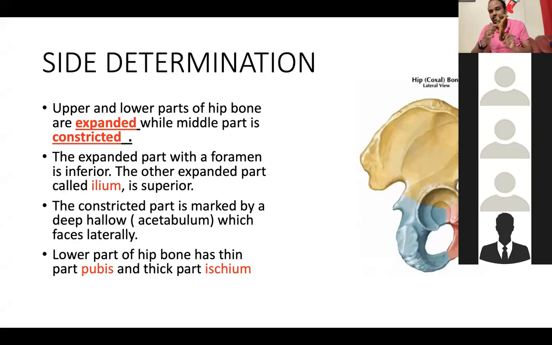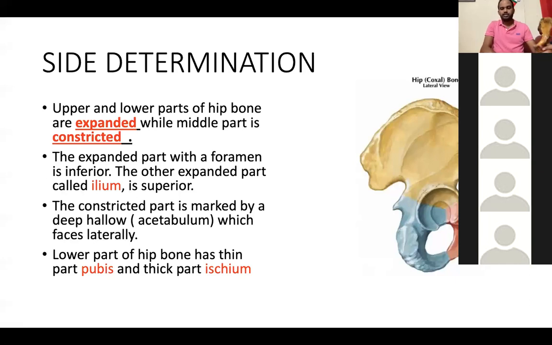Acetabular fossa is facing laterally. But here, what is happening? Ilium is facing below, inferior. This obturator foramen is facing superiorly. So this is wrong. So this is not a right hip bone. This is a left hip bone. If you hold this in the left hand and make all these points, then only you will be satisfying all the points which were displayed, and you will know whether this is a right hip bone or a left hip bone. Is it clear, everybody?